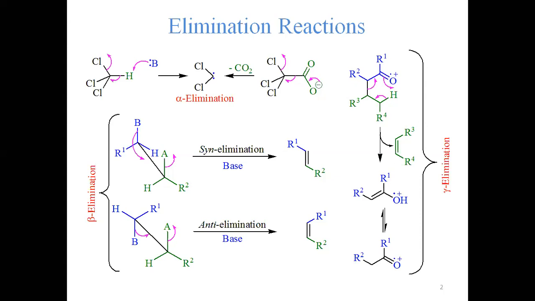If two leaving groups are leaving, one with an electron pair and the other without an electron pair, and they are 0 degrees to each other, meaning eclipsing each other in a conformation, this is called syn elimination. On the other hand, if the two leaving groups are totally opposite, here the hydrogen bond on carbon A is in this direction and the B bond is in the opposite direction, they are 180 degrees to each other.